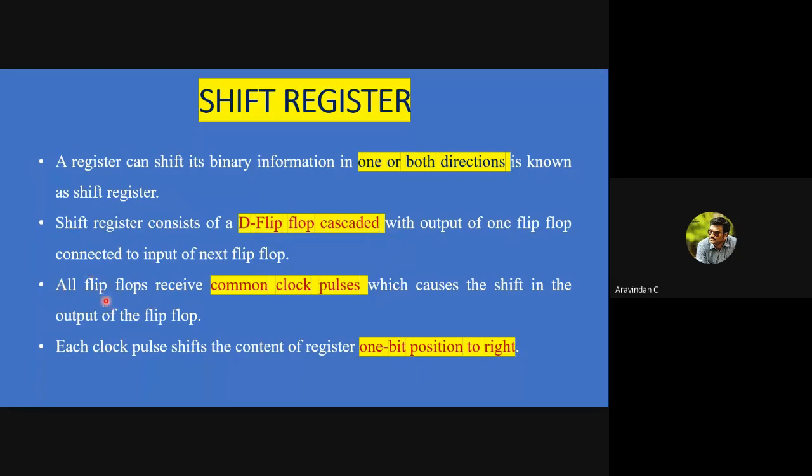So here I'm going to have the flip-flops. Every flip-flop will have a clock pulse, and that clock pulse is a common clock pulse. So for all the register numbers starting from 101 to 160, I have the common clock pulse. I'm going to transfer the data to all the students starting from 101 to 160. Every shifting happens only one by one, that is one bit position to the right. For example, 101 to 102, 102 to 103, 103 to 104.